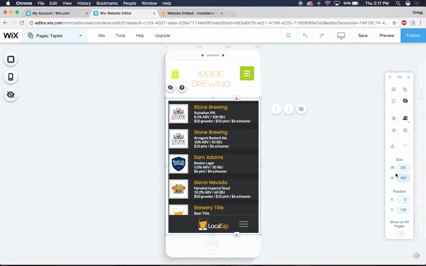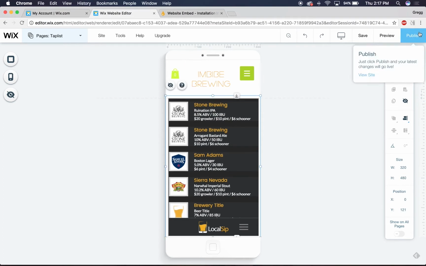We don't recommend increasing this width any higher than 320 pixels. Keeping it at 320 ensures that the vast majority of devices are going to be able to view the content on your website if you keep it to no greater than 320 pixels. And 462 pixels, really anything under 500, is a great height. And when you've got it looking just how you want it, you can click Publish